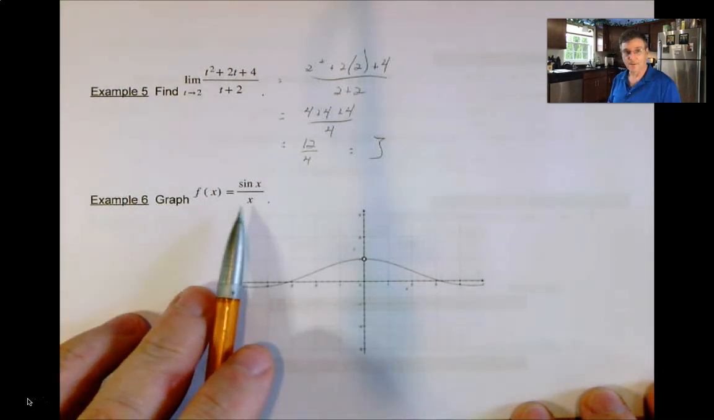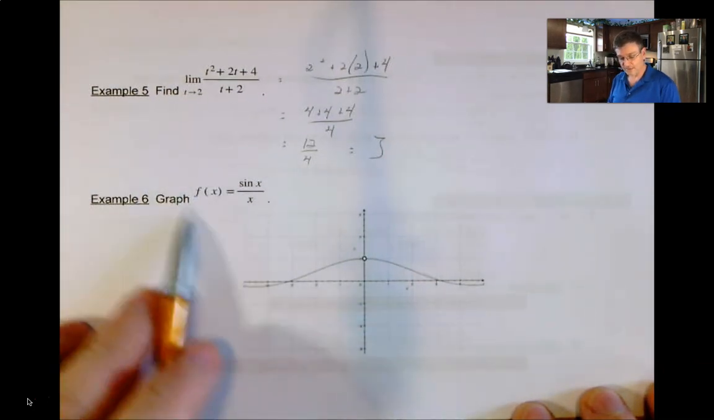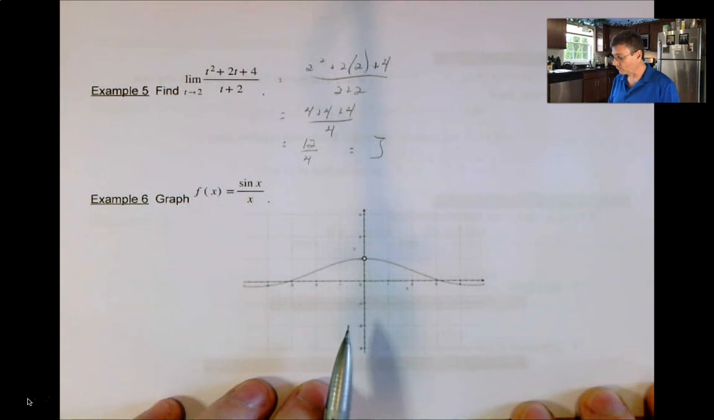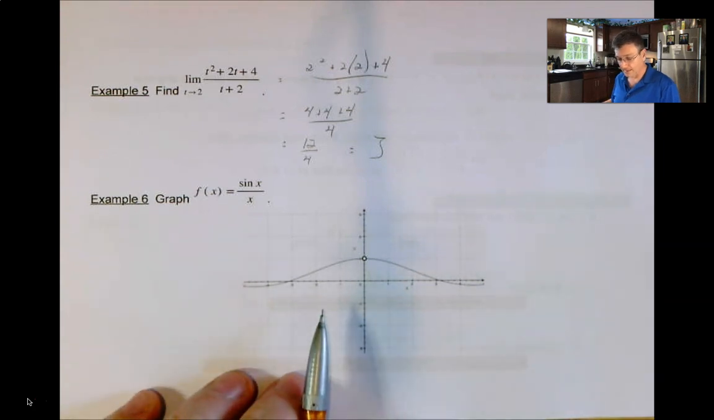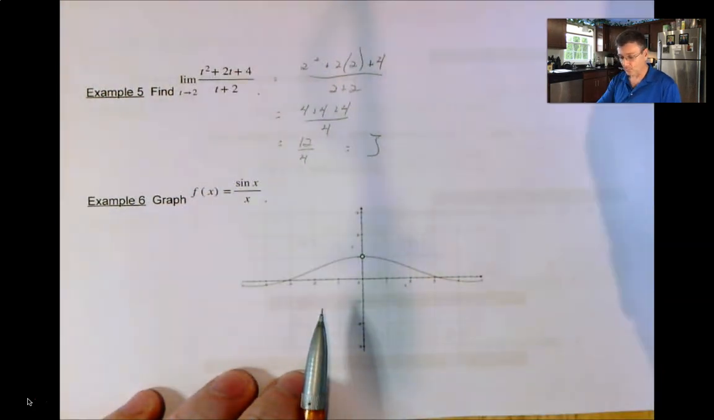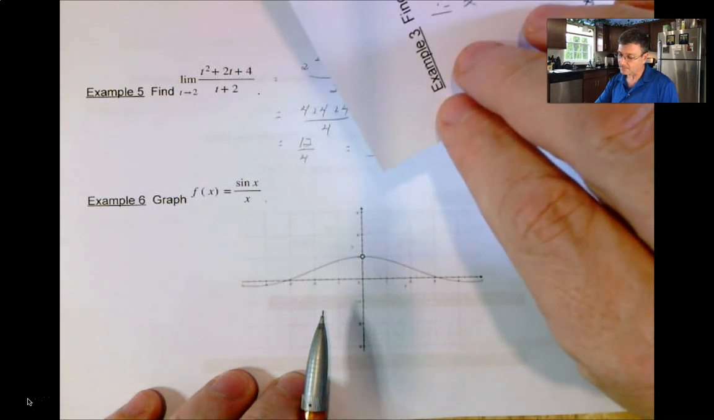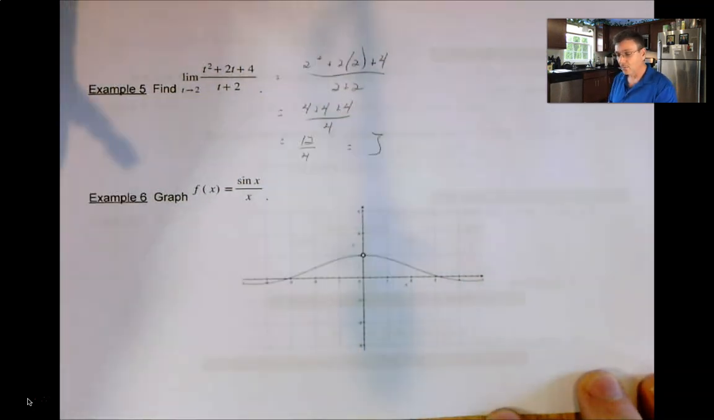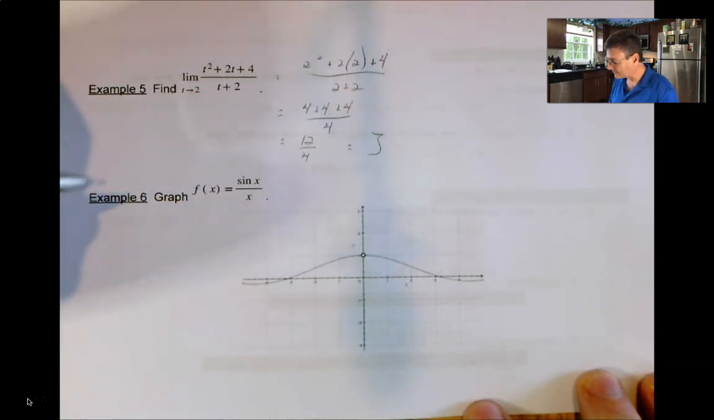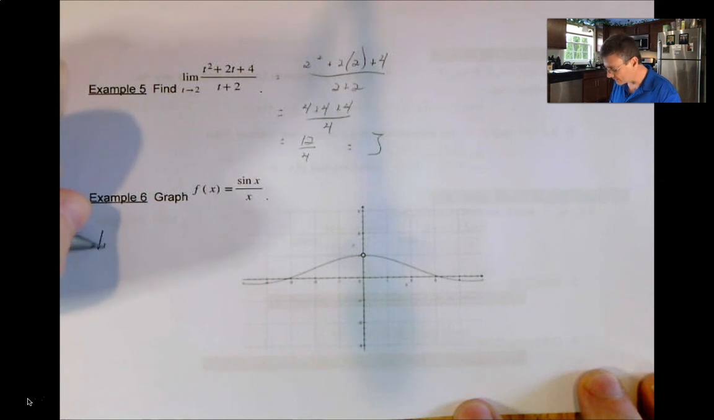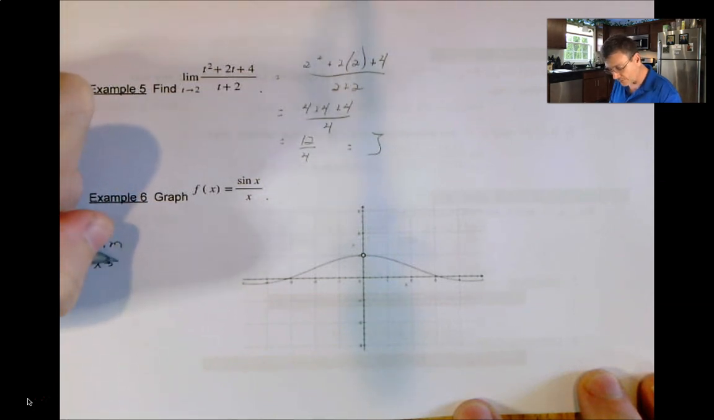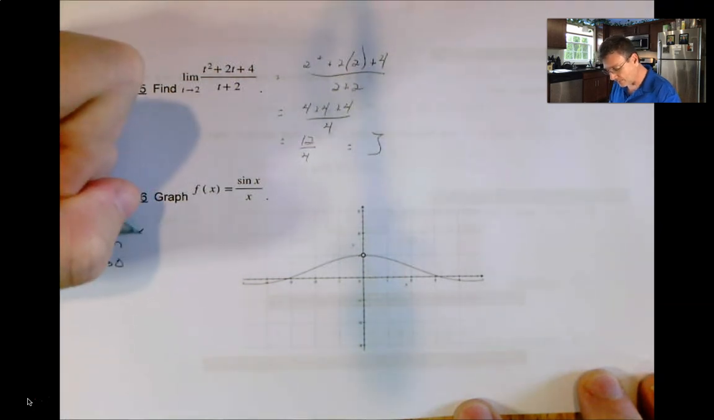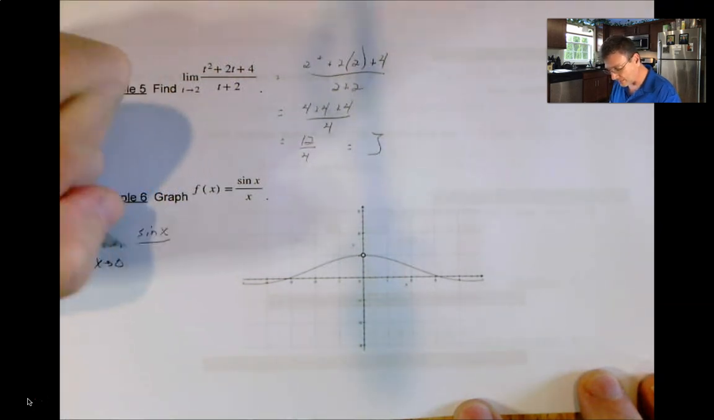Example 6, just taking a look at the graph. Now I'm actually showing you the graph here. Okay, I'm not asking you to do anything with that other than being able to see this graph. Okay, what I want you to do next is, what is the limit as x approaches 0 of sine of x over